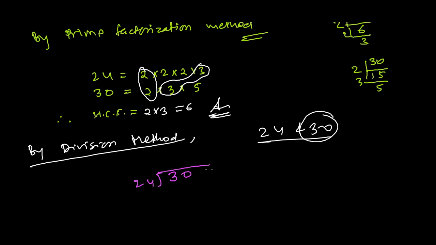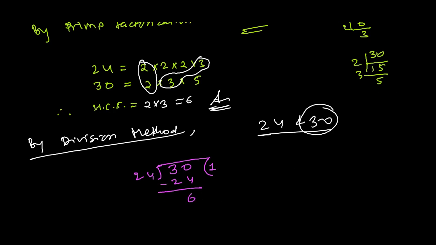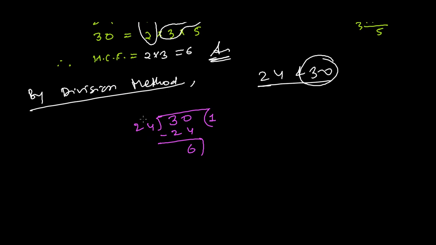Okay, so now I'm dividing 30 by 24. So 24 times 1, it's 24, and I'm going to get remainder 6. And after that you divide your divisor itself, the initial divisor. What was the initial divisor? That is 24. So I'm dividing now 24, and if my remainder is going to be 0, that time the divisor will be my greatest common factor. Now 6 times 4 is 24,